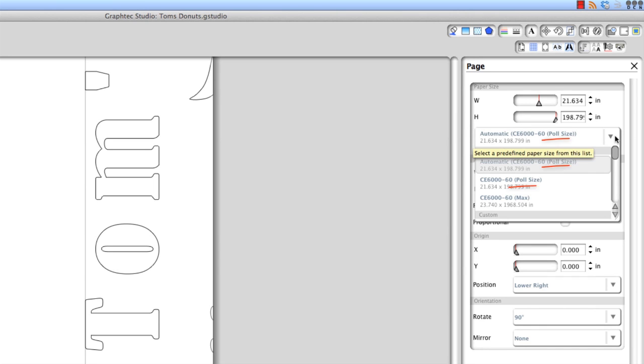You'll notice that the word "poll" is used with some choices. Graphtec Studio constantly queries, or polls, the default cutter to gather information about the cutter. One of the items during this syncing process is the dimension of the cut area of the cutter. This does not necessarily refer to the width or size of the loaded material, but can be the actual cut